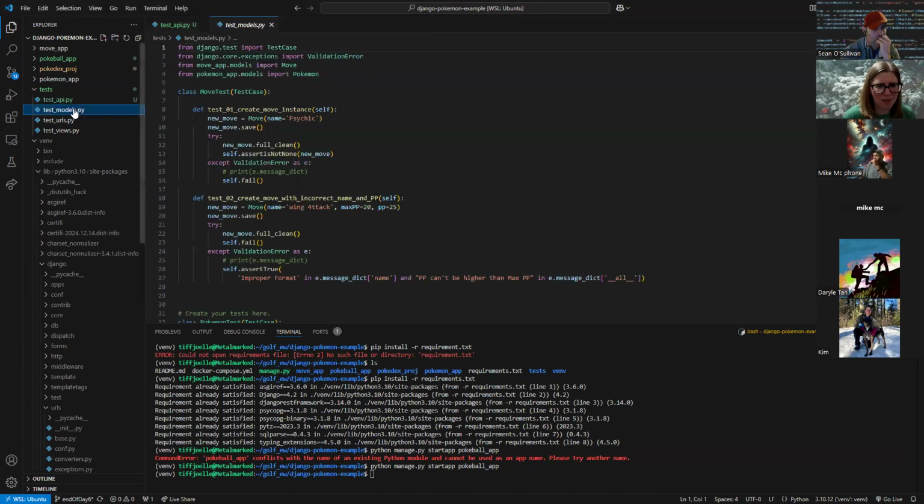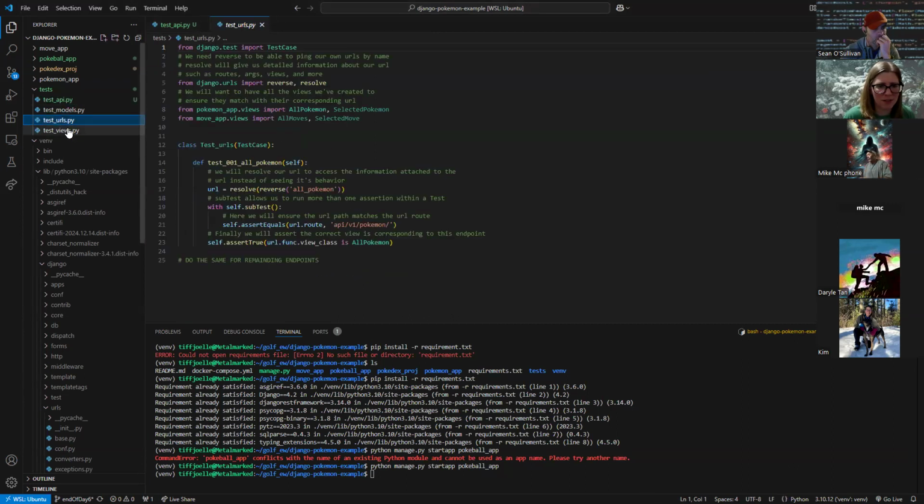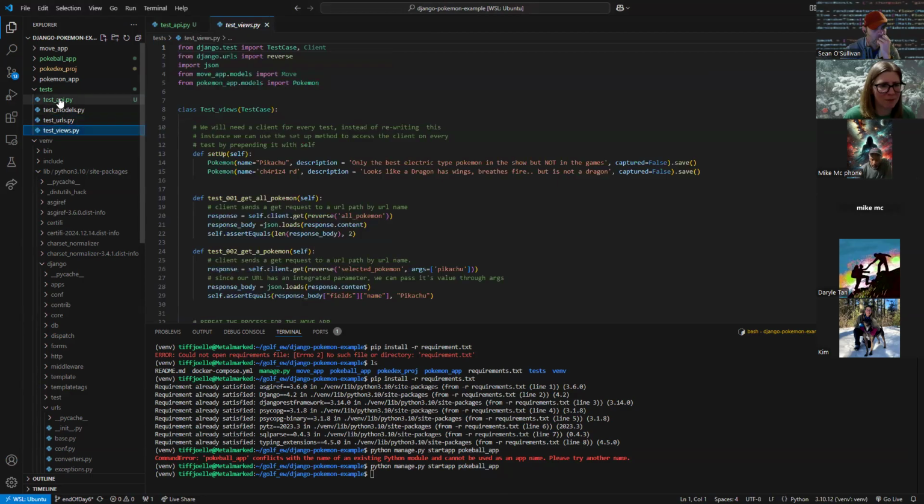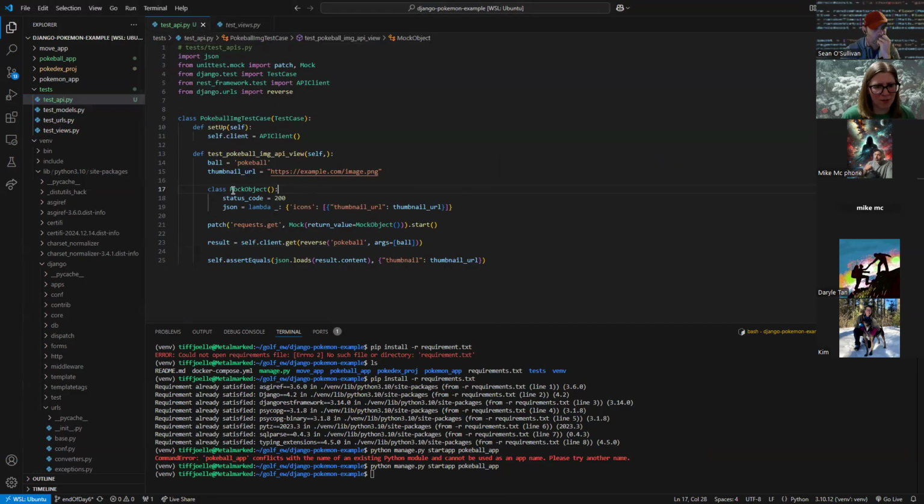Did you do that in other ones? I haven't seen. Looks like maybe no. We're going to do this mock object, which I honestly would have to look more into to see what it's doing, but we're basically going to do a fake API call. And then we are going to, let's see,